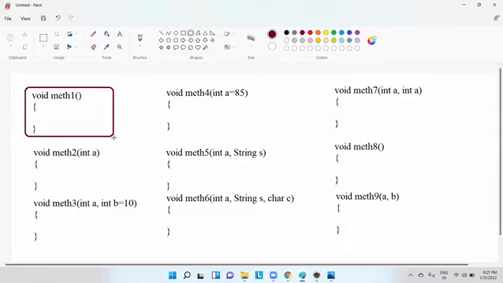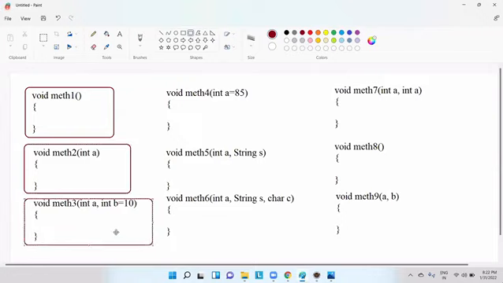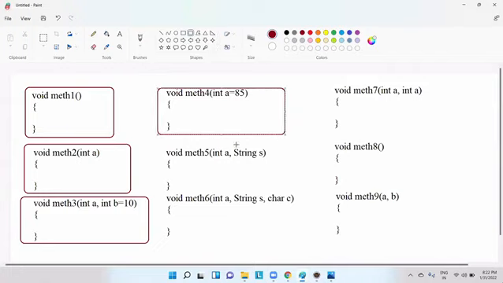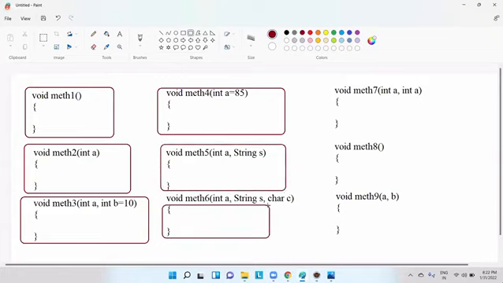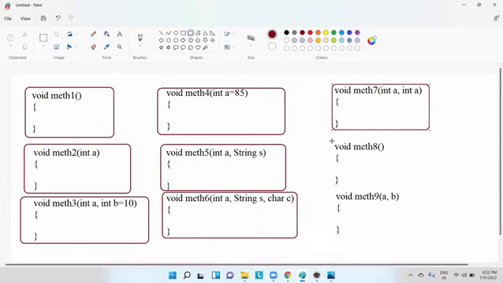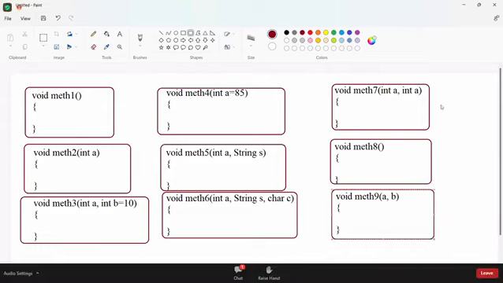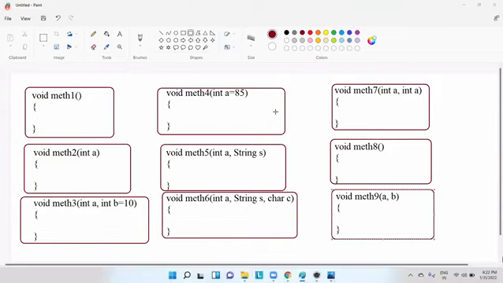Totally, I have 9 methods: method 1, method 2, method 3, method 4, method 5, method 6, method 7, 8, and 9. So my question is, guys, in these 9 methods, can you please tell me how many methods are non-parameterized methods? Now, before answering the question, guys, up to now, I did not tell anything about what are parameterized